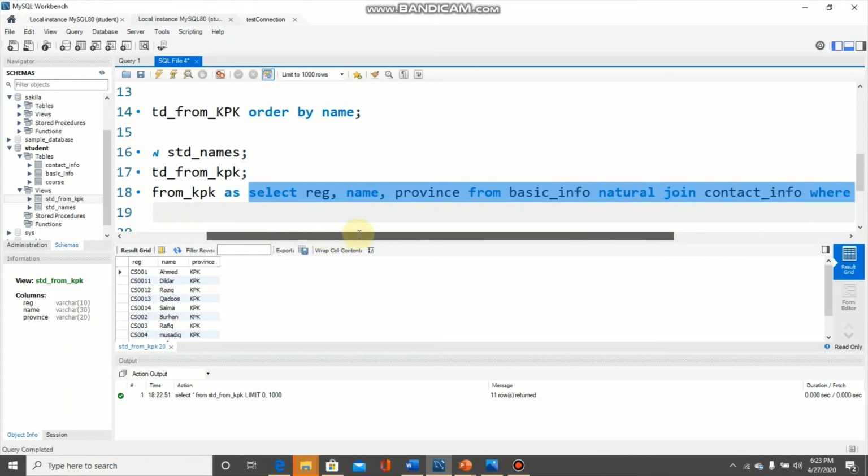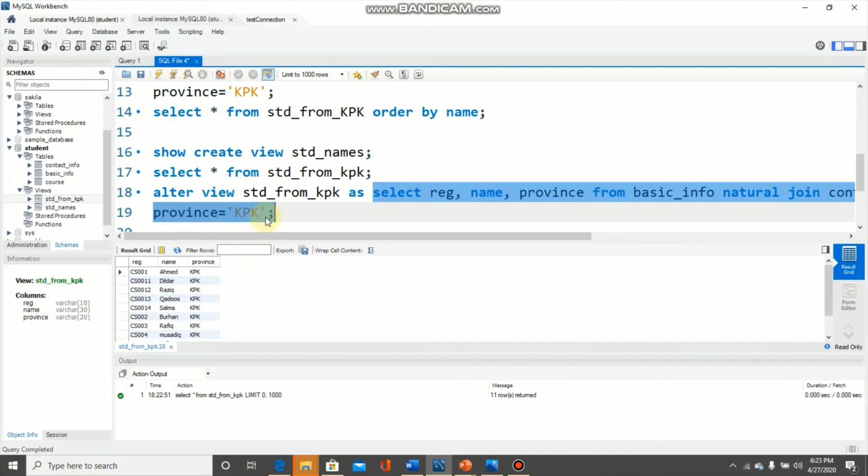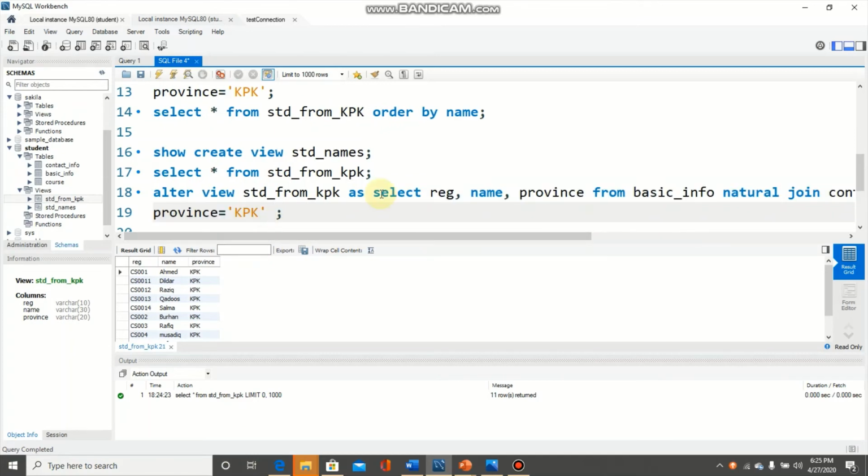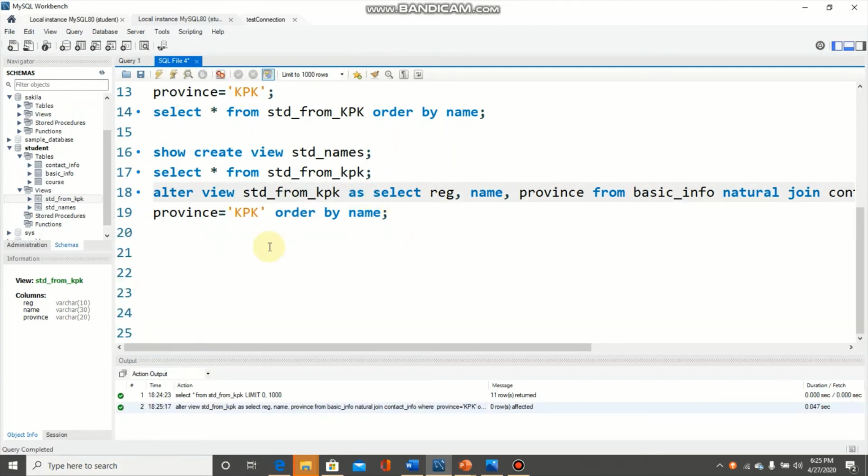I will put something additional. Here I am typing order by name. So we are executing this statement. The view has been updated.